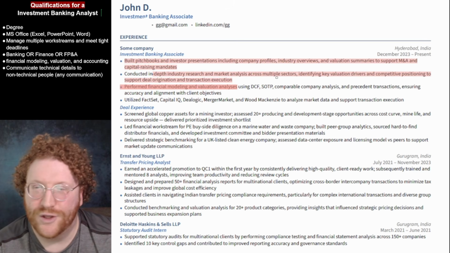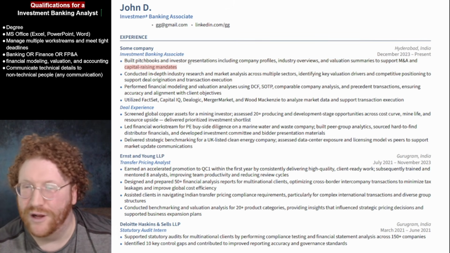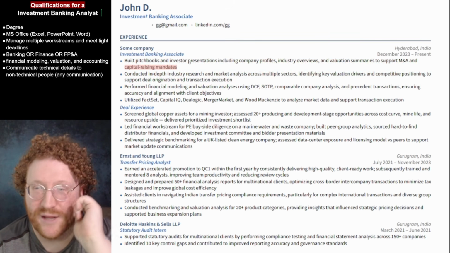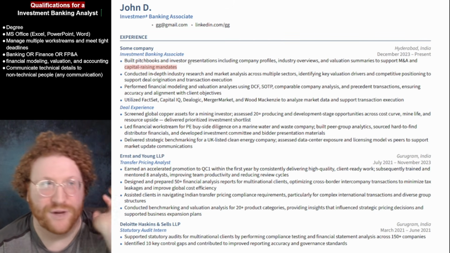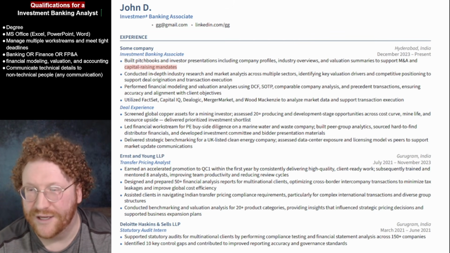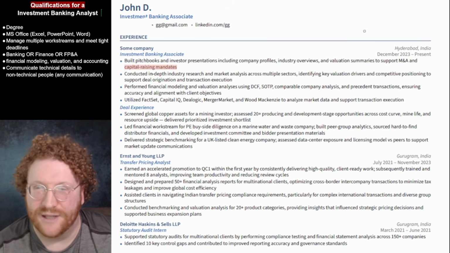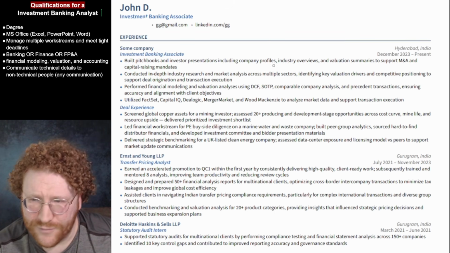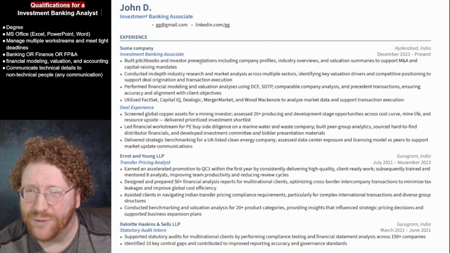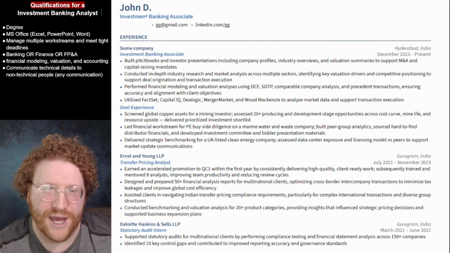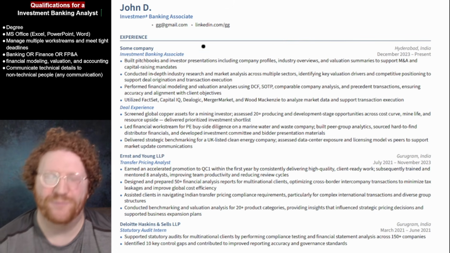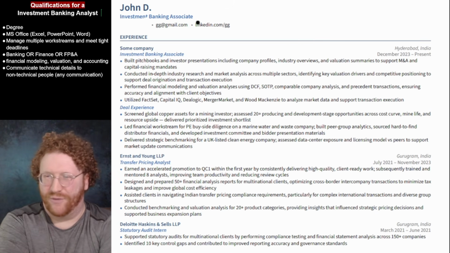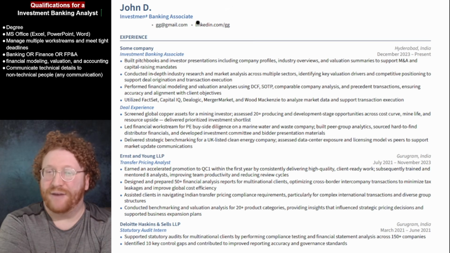Time. So I am a little concerned that this is, again, the India version of investment banking associate is different than the US version of investment banking analyst and associate. But I will say these sentences are not great. So built pitch books and investor presentations, including company profiles to support M&A capital raising. I need more, right? Like, your first sentence needs to be an overview, and I need each sentence to have a minimum of 3